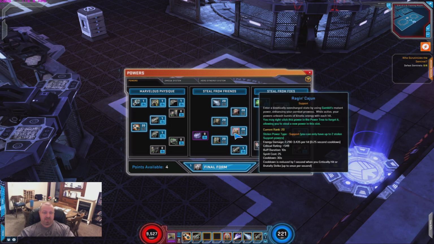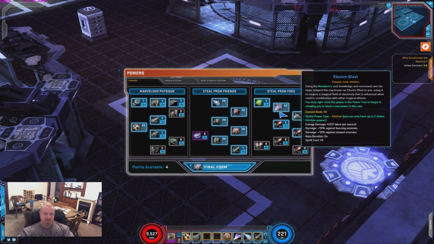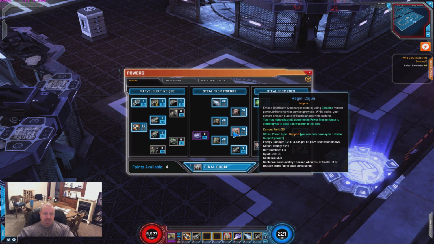this is where Gambit comes in. You got to steal this from Gambit. And then this is one of the few powers you actually have to steal from a foe for me. And Raging Cajun,